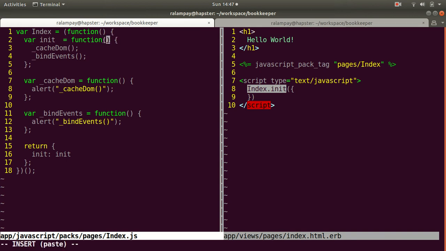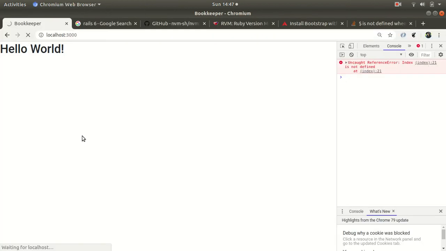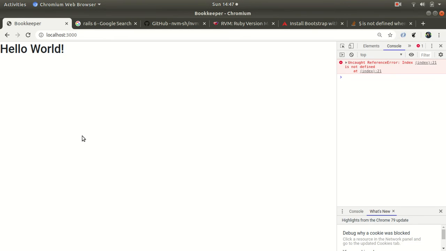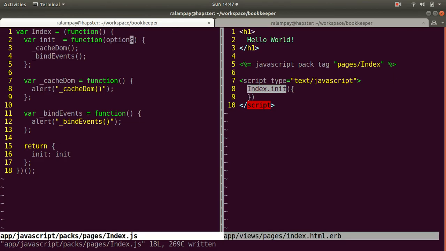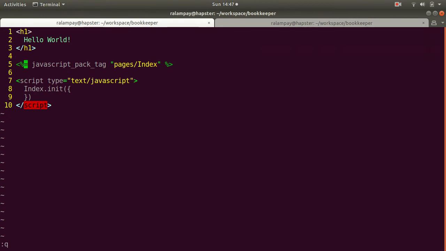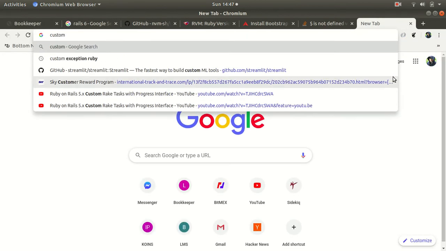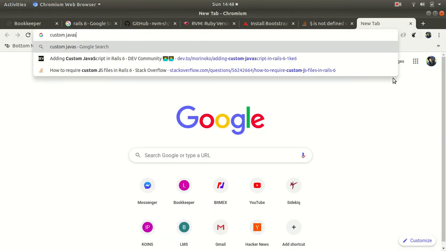Or does it expect that I return a hash of options? I think, since I'm passing this one. Hopefully that's it. No, still not working. Index is not defined. JavaScript pack tag, pages index. It should have worked. Let's try to search it. Custom JavaScript